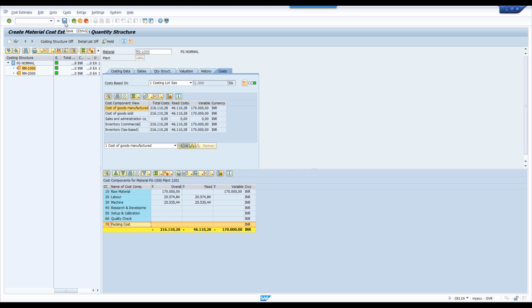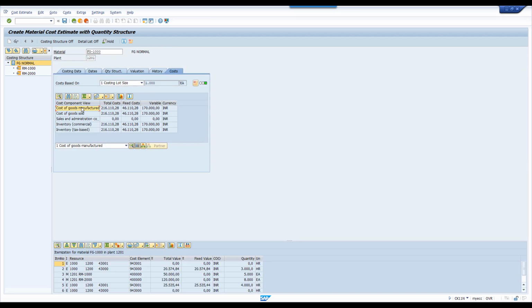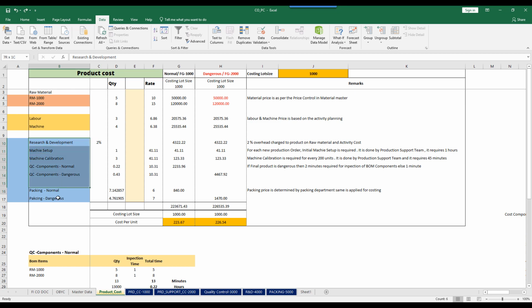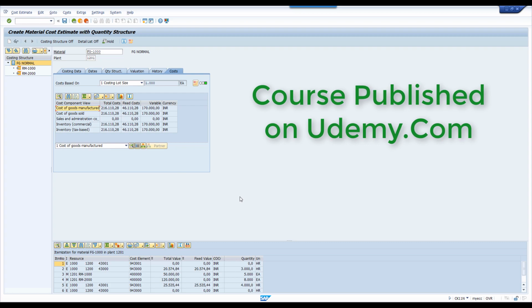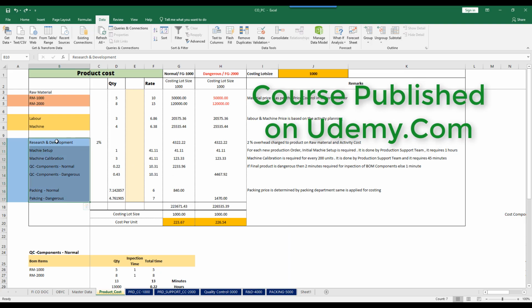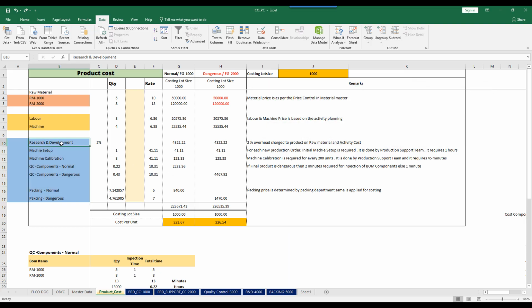Here you can save this. If you want, you can save this. Saving is compulsory if you want to do the marking and releasing. Click on this one. See, I am getting here itemization, cost component. We are not saving any information here because we have to complete this one by one. Up to here it is working fine. In next session, what we will do, we are going to do the configuration for costing sheet.